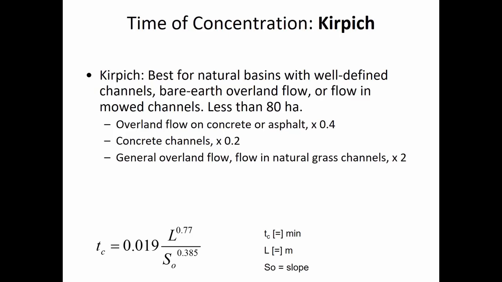And instead, they just have these rough multipliers they recommend. For example, if you have a concrete channel, do your calculations and then multiply it by 0.2. So that means that it's actually going to be a lot faster than you calculated with your T sub C formula. But if it was a grass channel, like a canal that has grass lining, presumably that would retard the flow a little bit because of the resistance of the grass, then you'd have double the time of concentration. The difference between the top and the concrete channel, this is a channel,